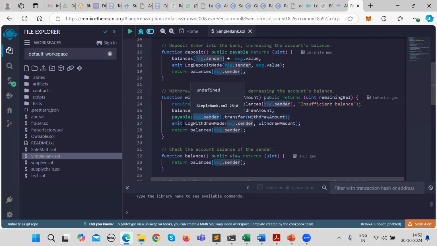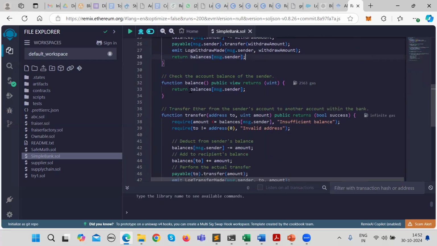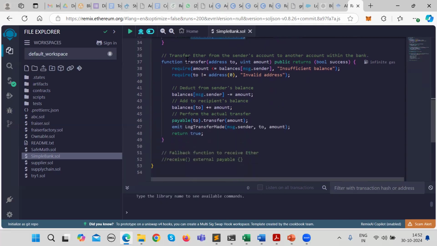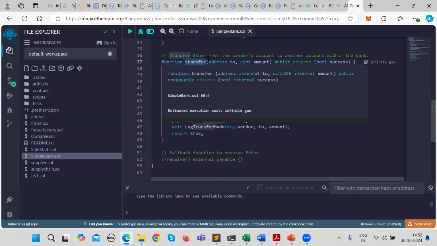Okay. And then I'm emitting this, and I am returning the balance. If I want to check the balance, I'm just taking the balance from this mapping and can give it to you.